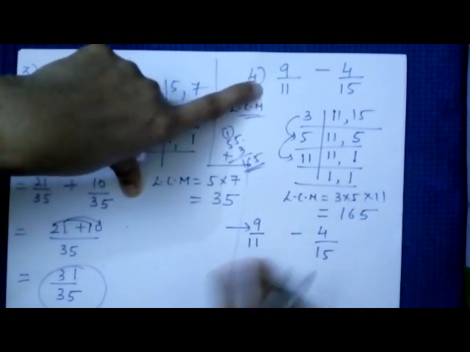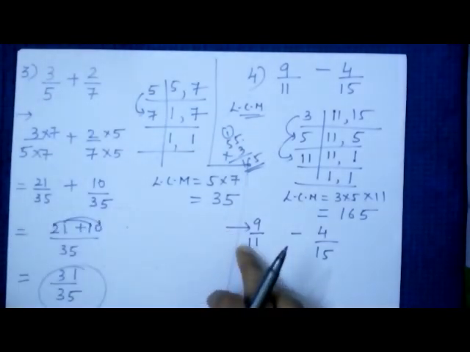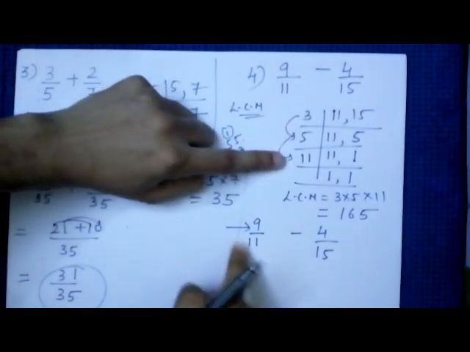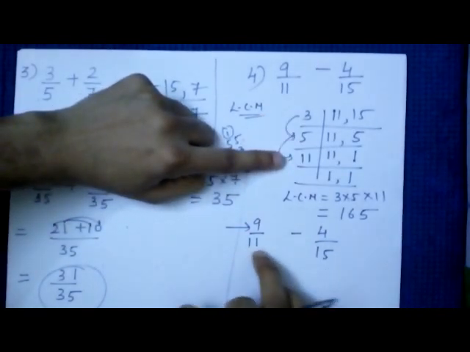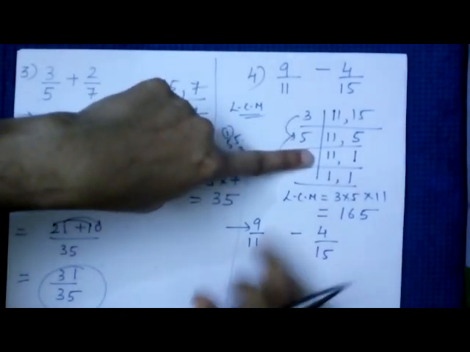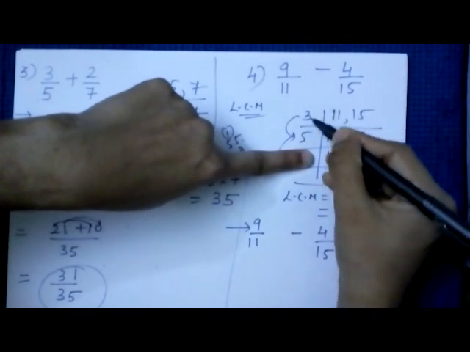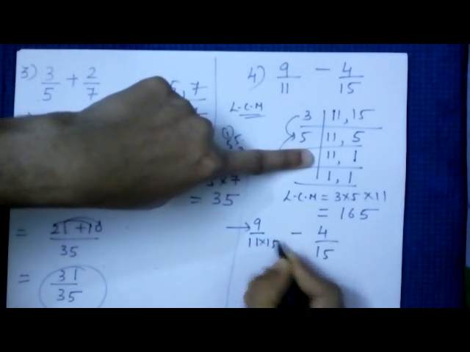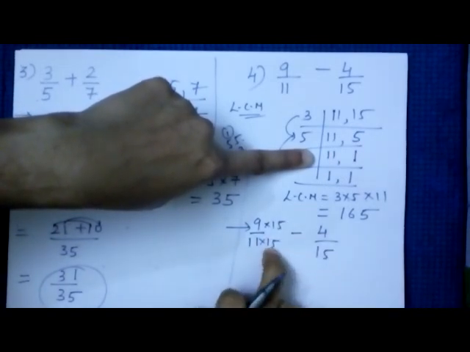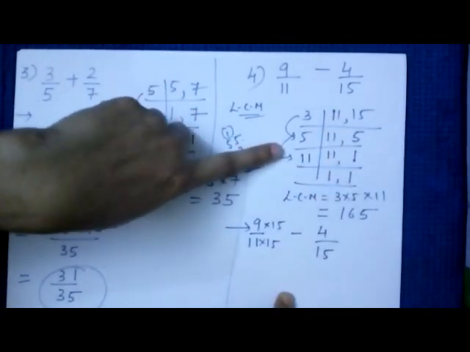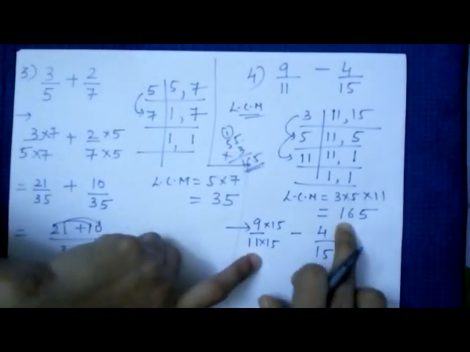So there is one shortcut for that. See, it is 9 upon 11. What you need to see is this 3, 5 and 11. Now in this fraction we have 9 upon 11, so 11 is already there in the denominator. So out of 3, 5 and 11 you need to remove this 11. So I am hiding this 11. Now what is left? 3 and 5. So 3 5s will be 15, so I will write here 15. So 11 15s is 165. This is the shortcut way. Easily you can find out with the help of these factors. Okay, now if you multiply, it will definitely come 165.